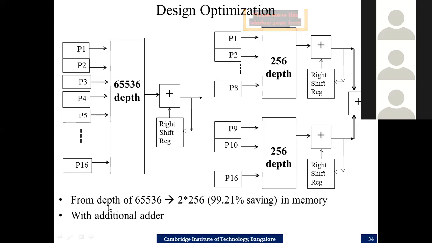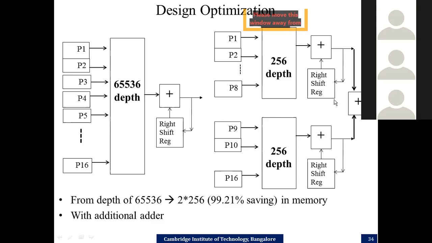For 16 inputs, instead of having a 65536 depth LUT, by just splitting this into 2 parts, P1 to P8 and P9 to P16, the depth of the LUT has been reduced from 65536 to 256. Similarly, for the second term, N21, it is a 256 depth memory, and you separately compute the output of the first one and the second one. You need an extra adder here to finalize the output. In this method, you are splitting the expression into 2 terms and then identifying the LUT content and taking it out.